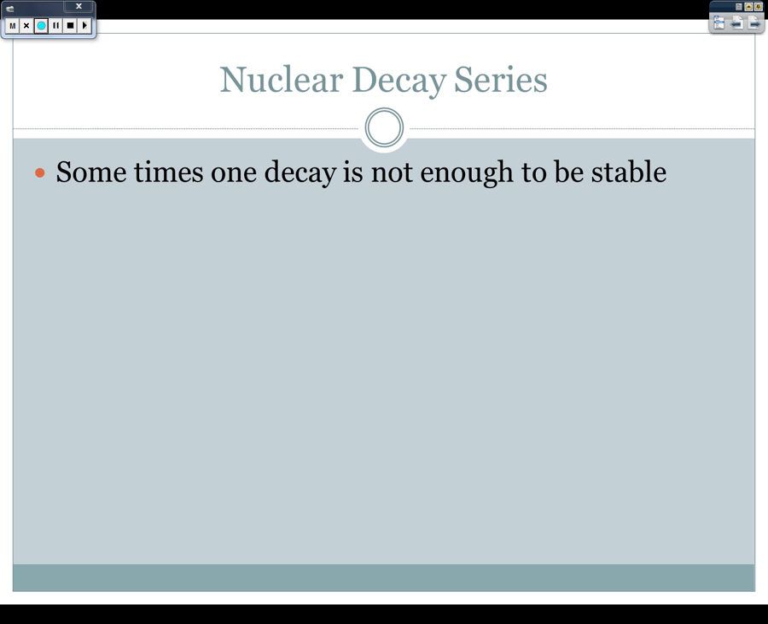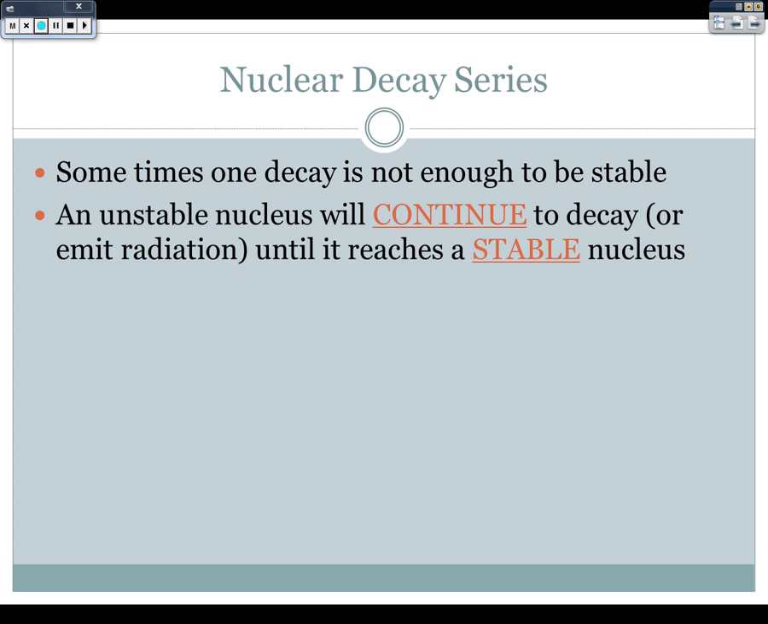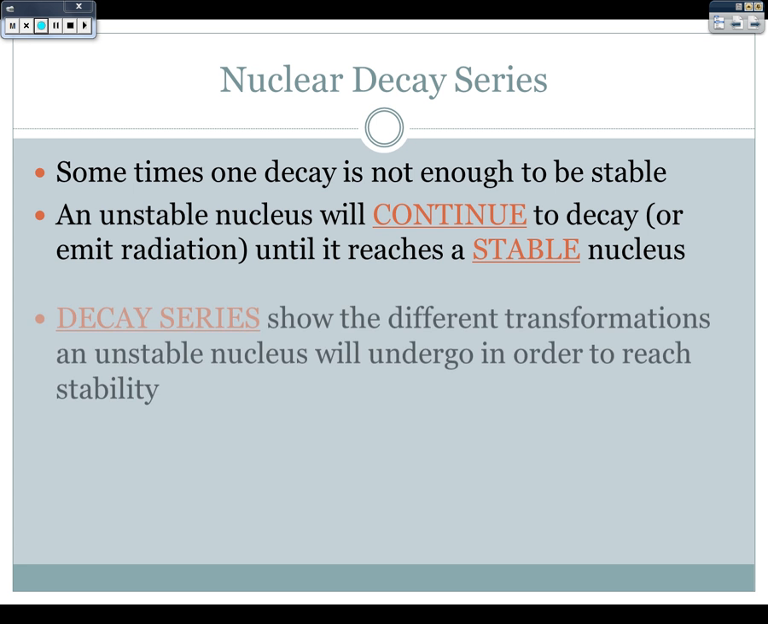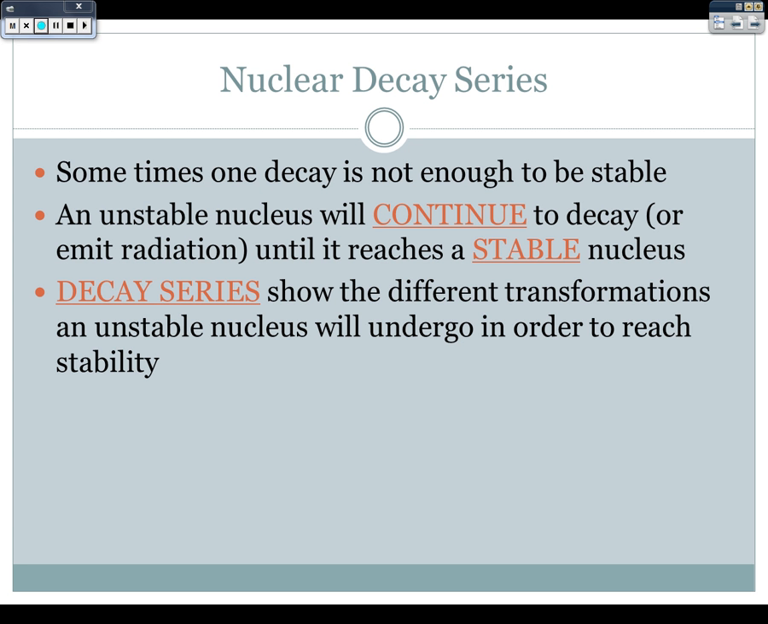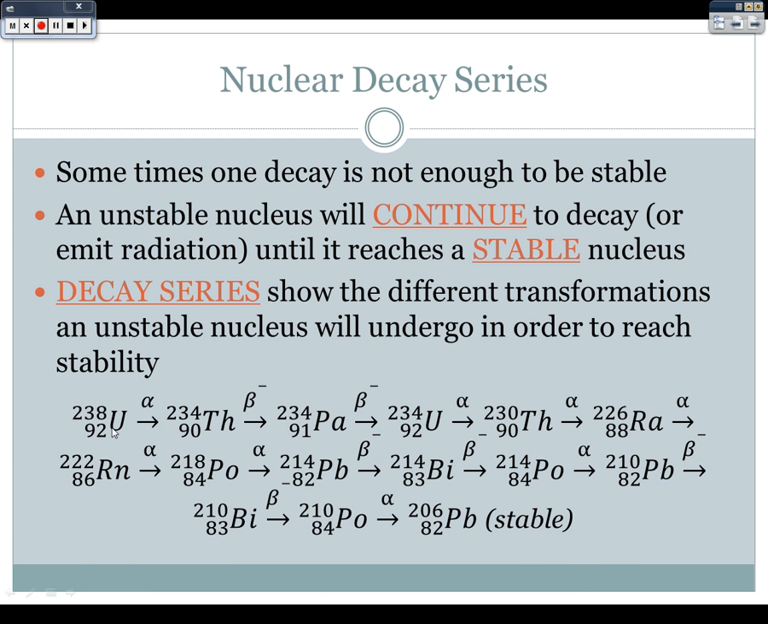Sometimes that's not enough to get to stability, and so it has to undergo multiple different decays in order to get to stability. So an unstable nucleus will continue to decay or emit radiation until it reaches a stable nucleus. And a decay series will show the different transformations of an unstable nucleus that it's going to undergo in order to reach stability. So for example, uranium-238, in order to decay, it actually goes through,